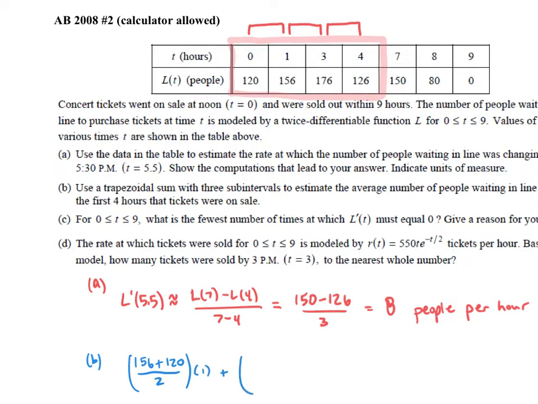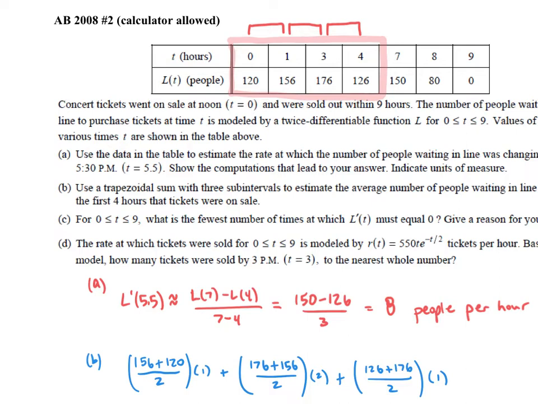The next trapezoid, we are looking at bases of 176 plus 156 divided by 2. And this time, we're going to go from 1 to 3, so the height is actually 2. Then we have our last one, which is going to be 126 plus 176 divided by 2, and the distance is from 3 to 4, so the height of the trapezoid